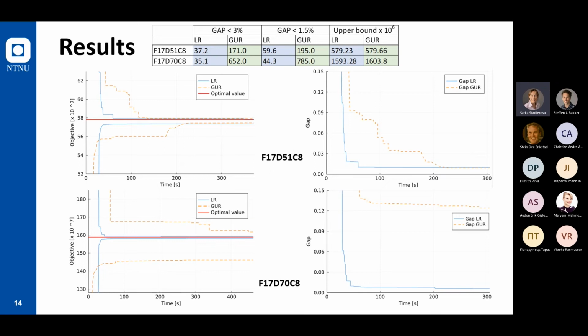So you can see that at the beginning, we are much better than Gurobi. We can find a good feasible solution very quickly. But then for this small problem, Gurobi can outperform our algorithm because after 200 seconds, Gurobi goes into the direction of the optimal solution. But anyway, here you can see that the feasible solution we have found with our algorithm is very close to the optimal one.